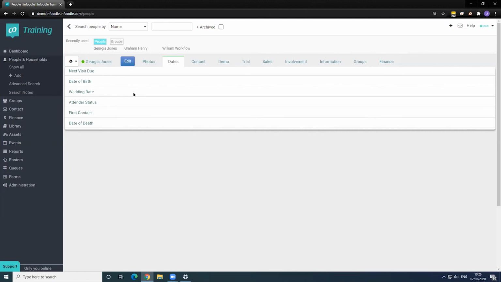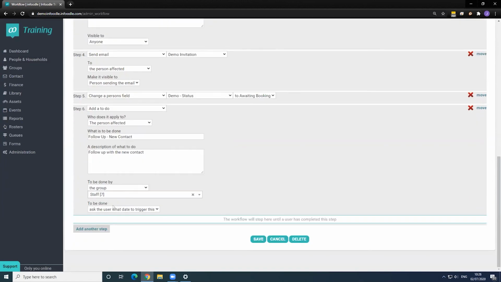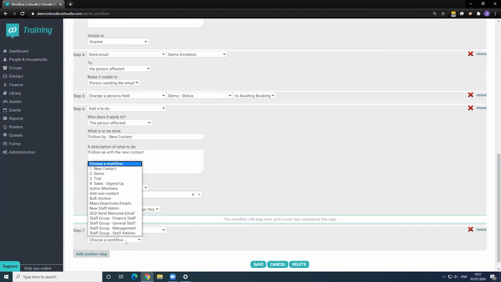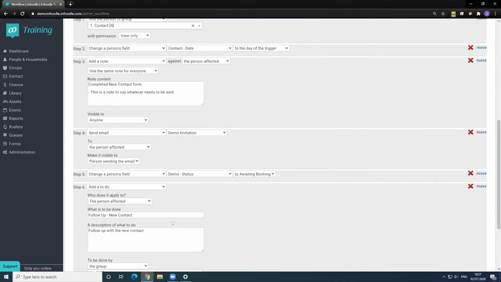If you want that to happen, then I'd use the step in the workflow to action another workflow. So if we add a step, then we add a workflow, then choose the workflow that you want to trigger afterwards. So to demonstrate this,